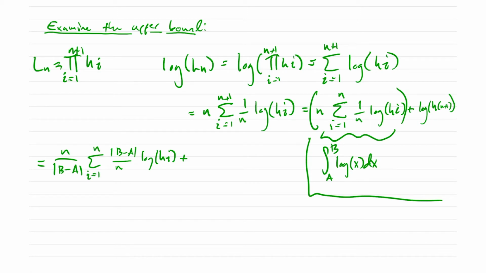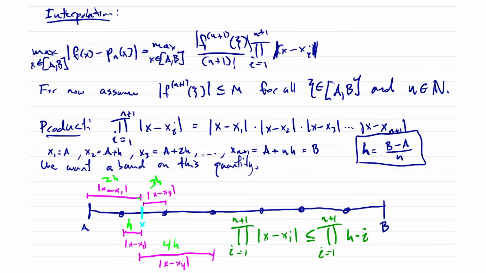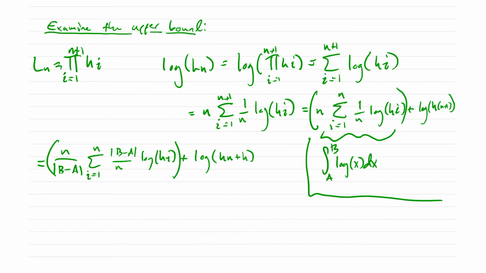And now we're going to have an extra term, plus the log of h_n plus h. Now what is h_n? Well, we saw last time here that h_n is going to be b minus a. So this is approximately b minus a, and this is for large n,